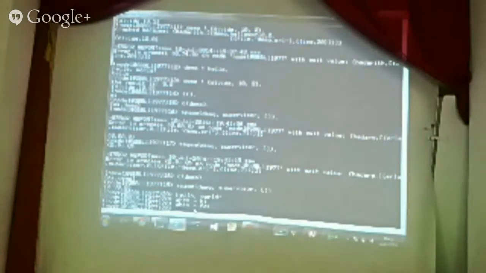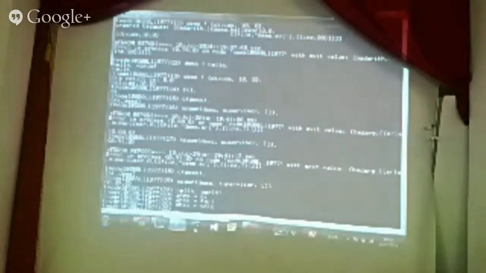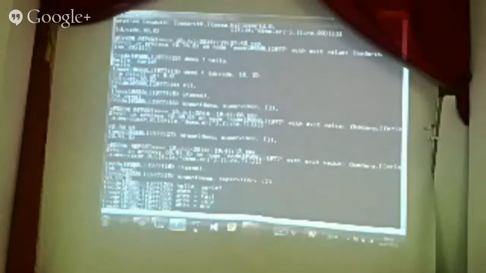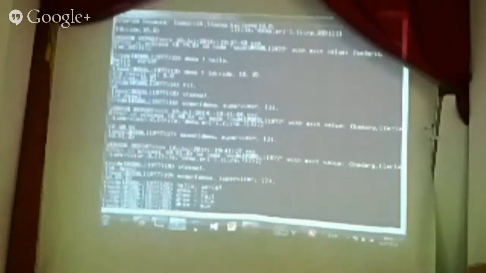So that's just a quick example of how Erlang is built for easy distribution, creating these clusters of nodes that can communicate, and it's handy for doing demos like this. That's about it. Erlang's a cool language. Everyone should learn it.